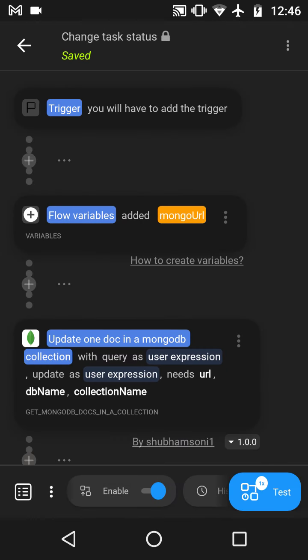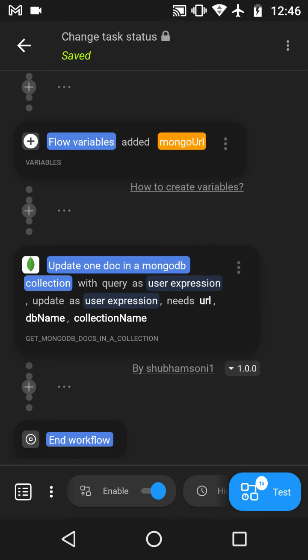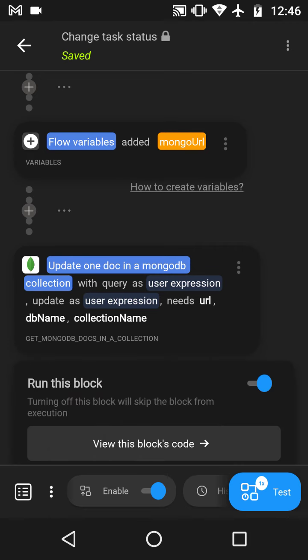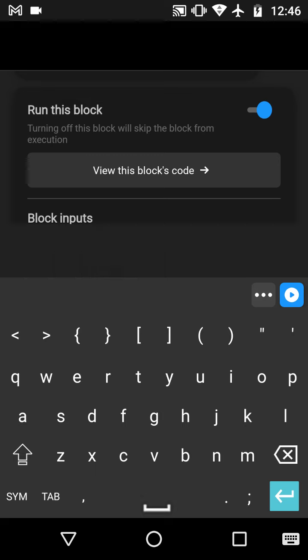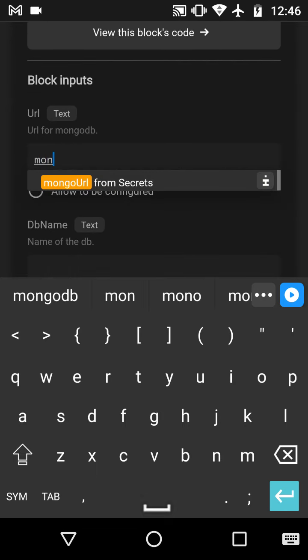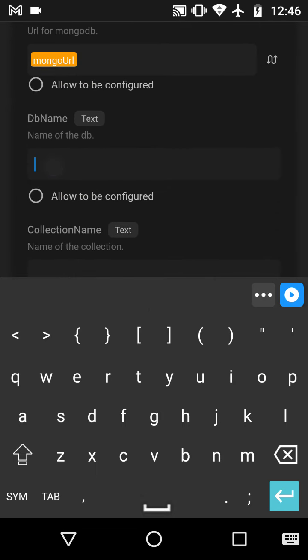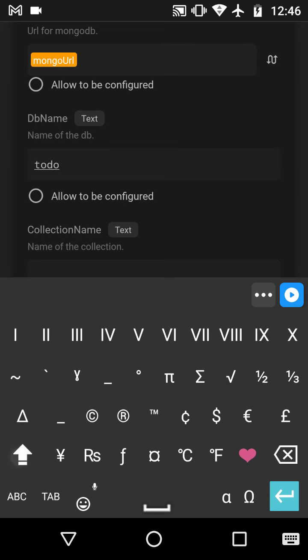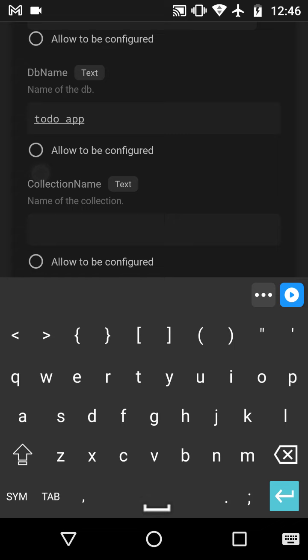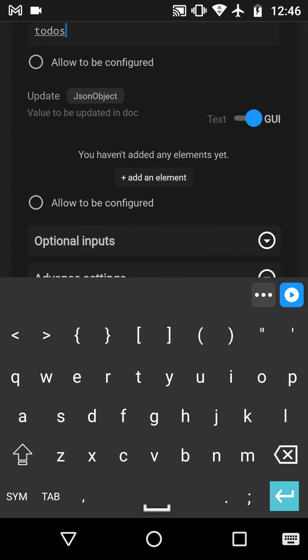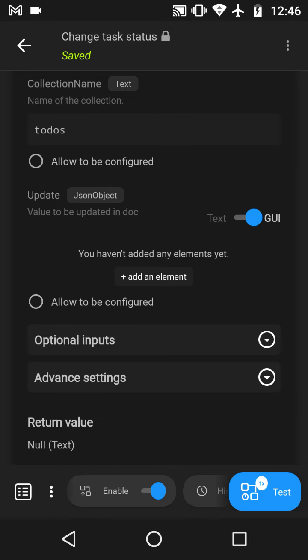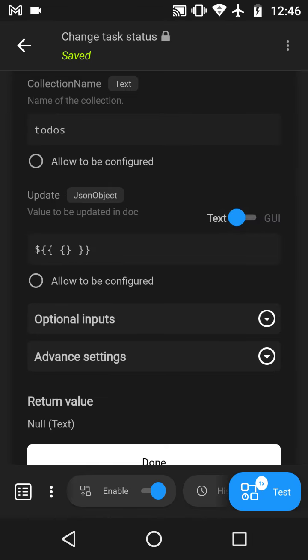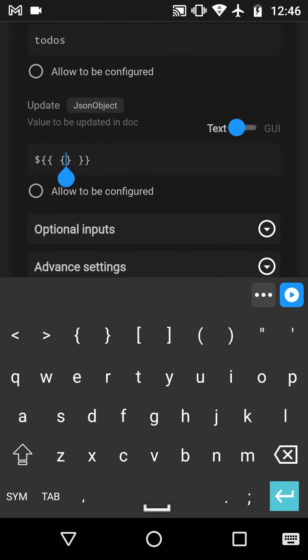Okay, now let's connect the inputs for this block. In URL, let's connect our MongoDB URL. DB name was todo_app. Collection name is todos. And in update, I would be using the text type.